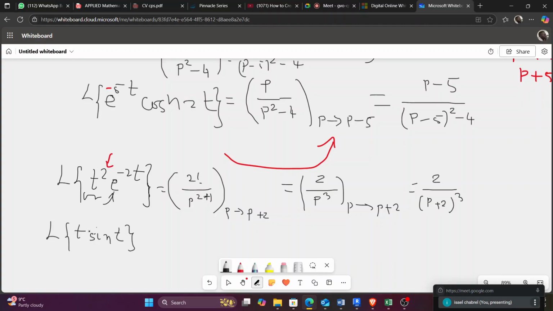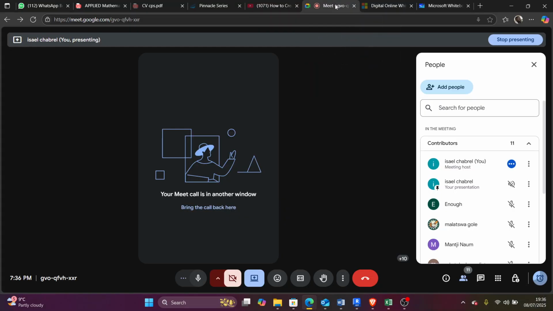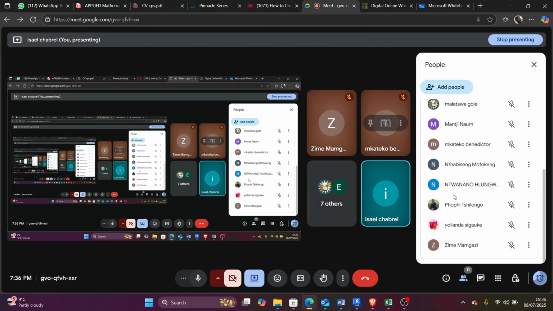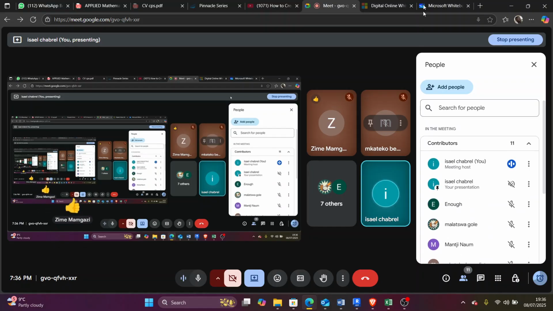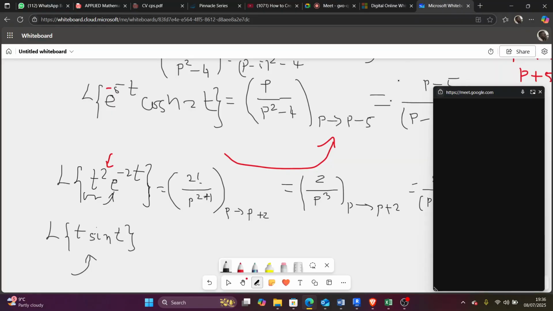There's another rule that we'll be seeing. If you want to solve this case, there is what we call multiplication by t, which I want us to see as we're moving. But are we all confident with the first translation property, or we can try something else? Can we move, guys? Let me look at you even. Let me check you. Can we move?